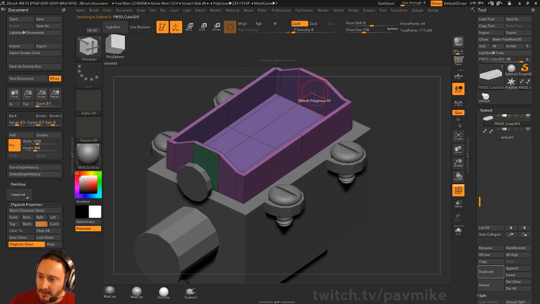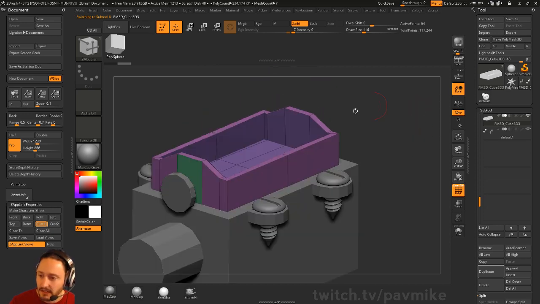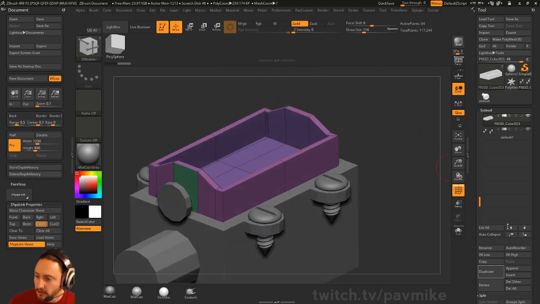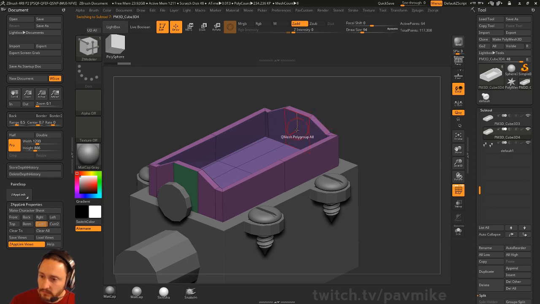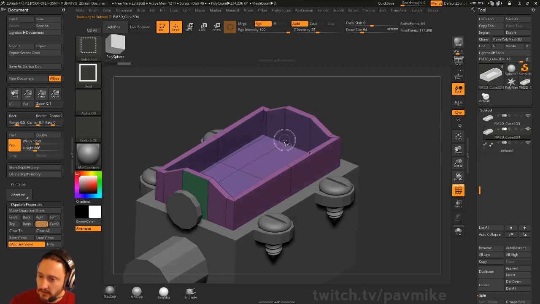Before I duplicate this piece here, let's go ahead and make sure that's the thickness that we want. I mean, it does look pretty thin. If I want to, I can QMesh polygroup all, hold down Shift, and I can just make this a little bit thicker if I want. Kind of feel out how thick you want those things. But now what I can do is duplicate this one off, hold down Alt. There, we duplicated this. Let's hold down Control Shift, and we'll do delete hidden. And now if we Alt,